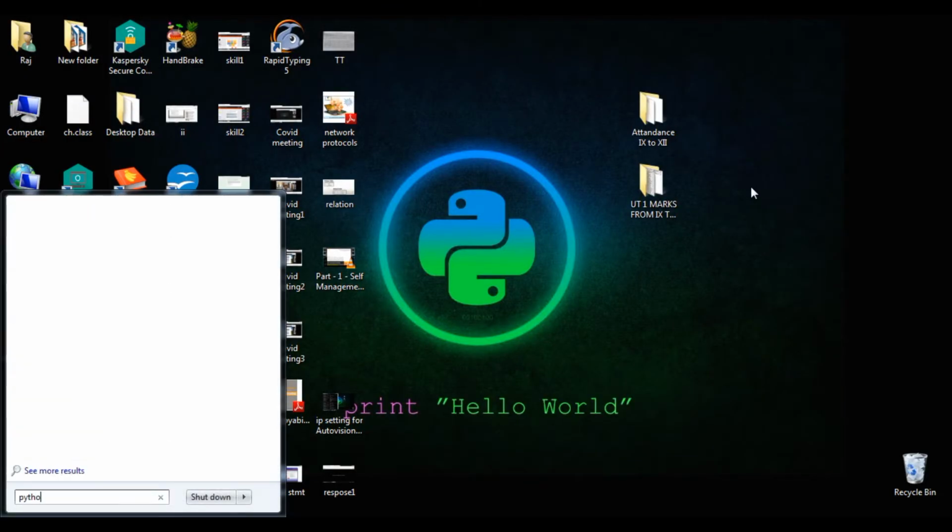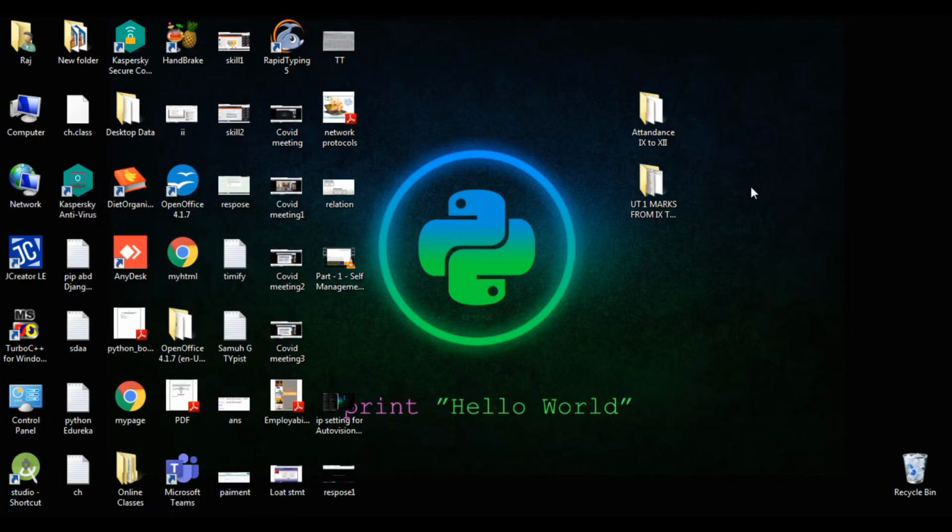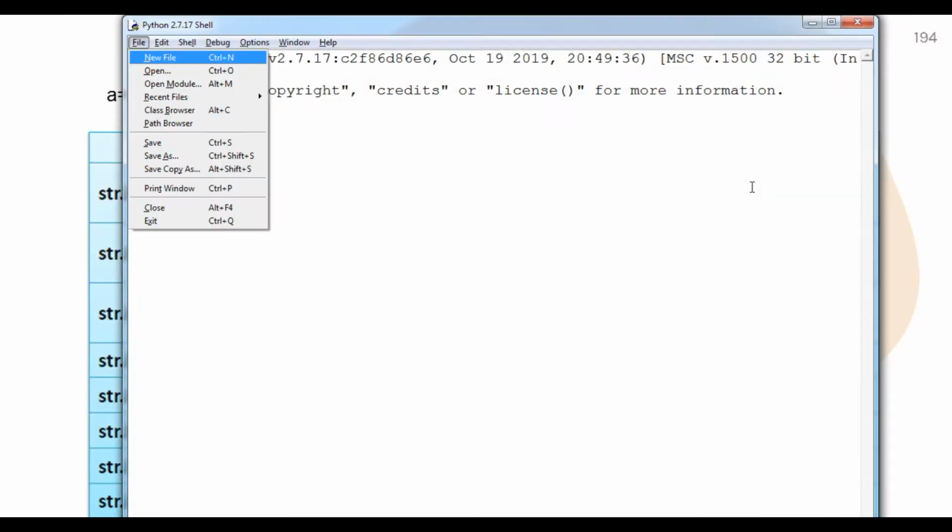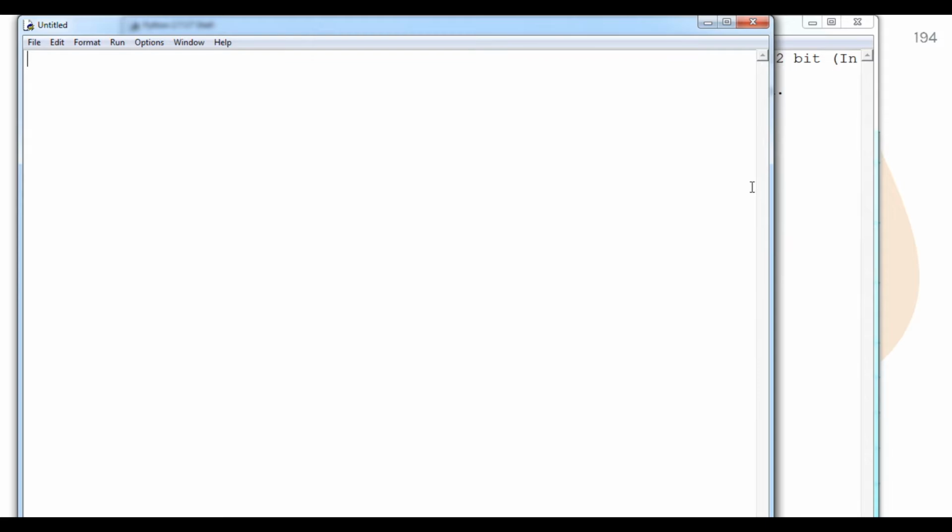To do the practical, we have to open Python IDLE, and now I'm going to start script mode to understand it properly. Here, program for string function, part 2. The first function we are discussing today: suppose there is a variable a which contains a value like comp.